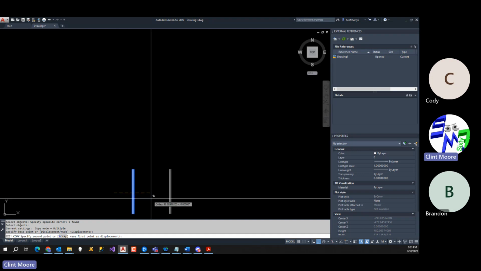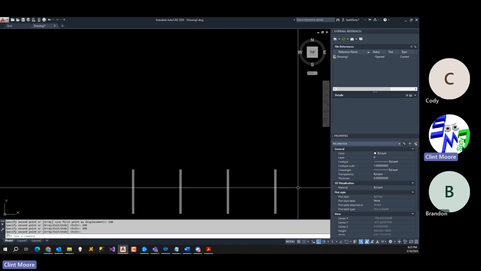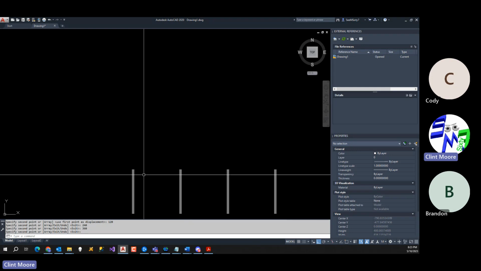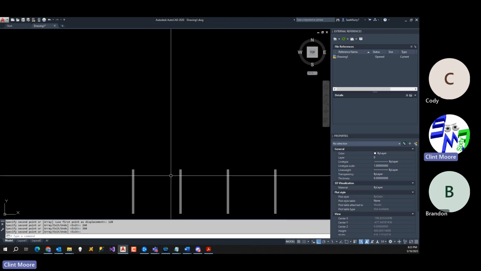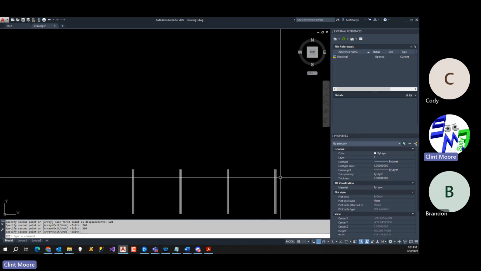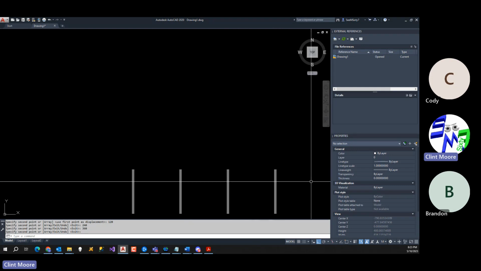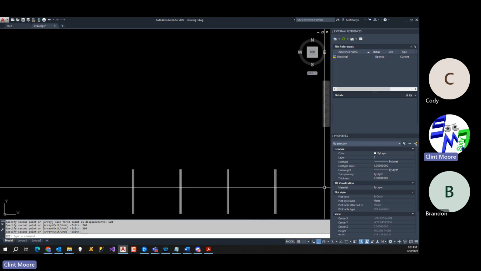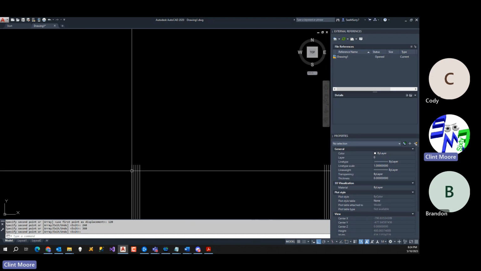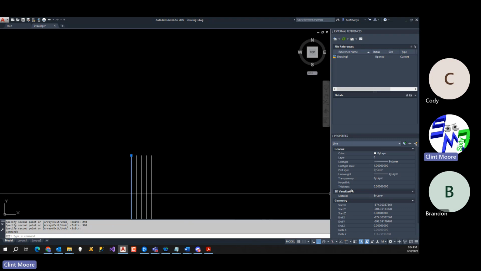a whole bunch of these, say I copied this over 120, boom, and then 240, boom, and then 360, boom, then I should have a consistent measurement from here to here, plus those 5 inches, and it would kind of go across. But if I took that measurement across, I would actually lose quite a bit of distance across this. So that's where you want to make sure you understand the accuracy of your units and what's presented to you on the screen. It also affects you when you click here and you look over here to check the length